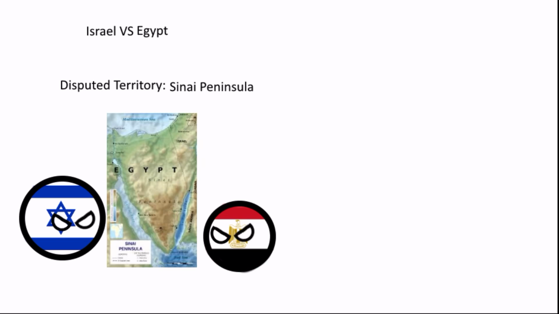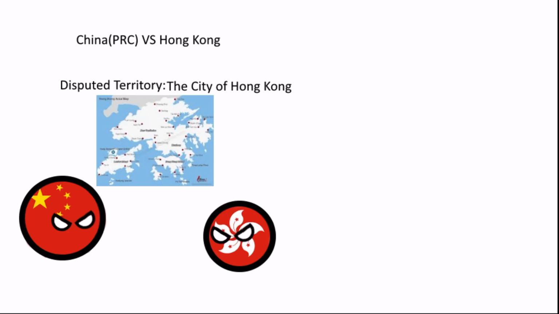Now moving on to one final thing, we're leaving the Middle East and we're moving on to Hong Kong. So China and Hong Kong is another weird one. It's technically not a dispute, but it's still worth mentioning, as the city of Hong Kong has a very high level of autonomy due to an agreement made by China and the United Kingdom when the UK gave it back to China. And it's weird, which might deserve a video of its own, but